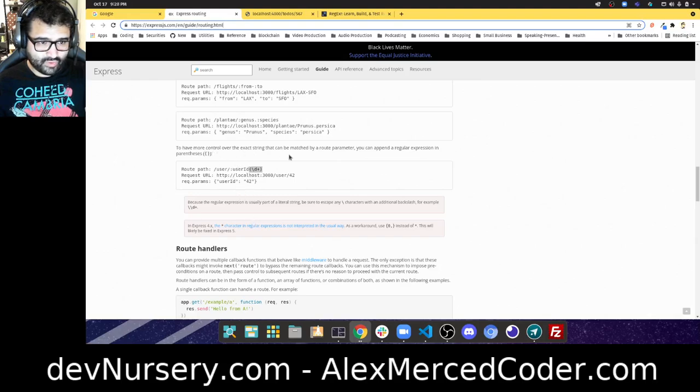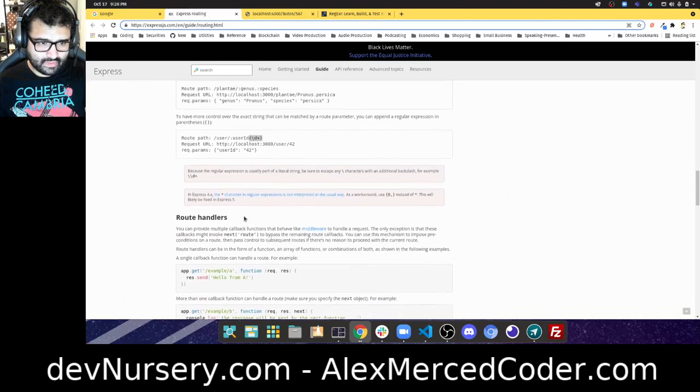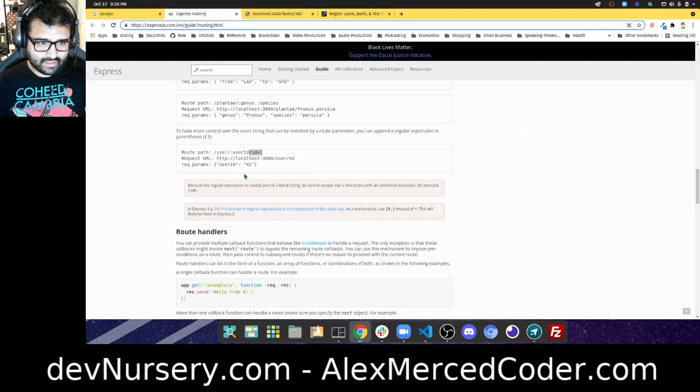Okay, to have more control over the exact string that can be matched by a route parameter, you can append a regular expression in parentheses. Because a regular expression is usually part of a literal string, be sure to escape any characters with an additional backslash. For example, \d. Part of the string. Okay, I'm trying to see why that is not doing exactly what I wanted to do,